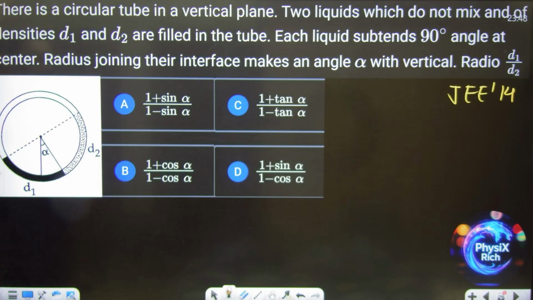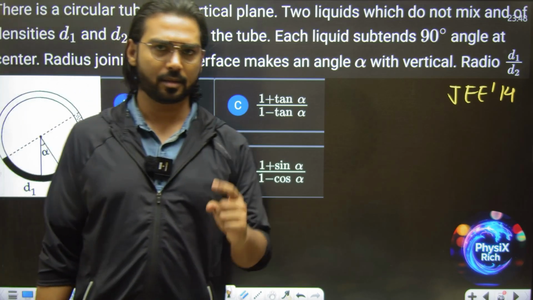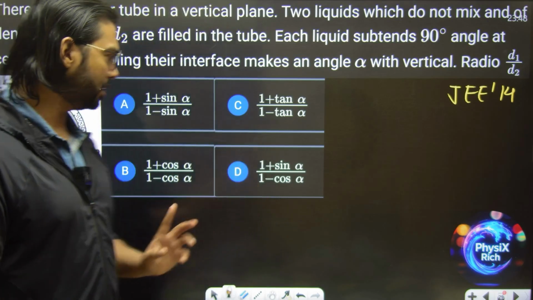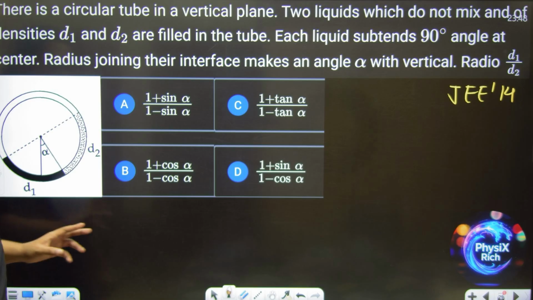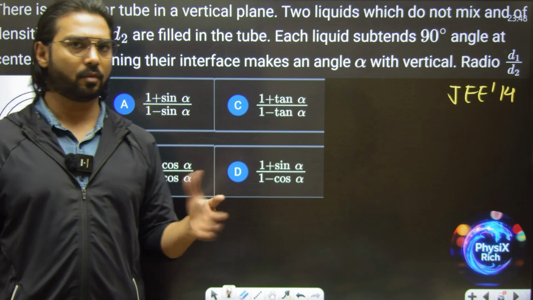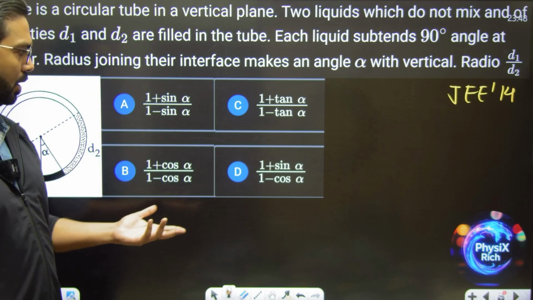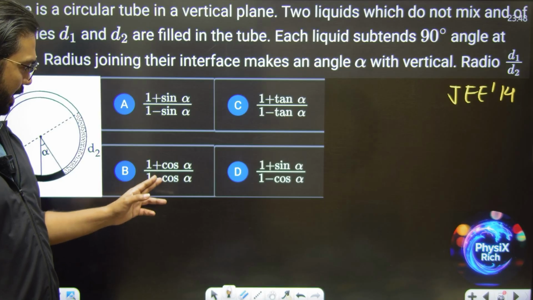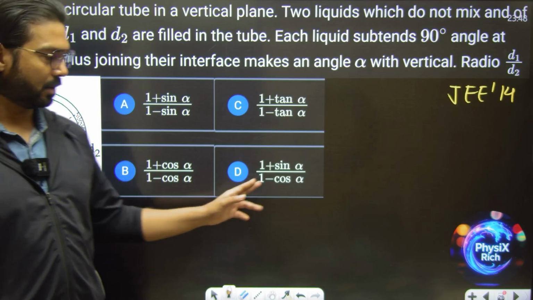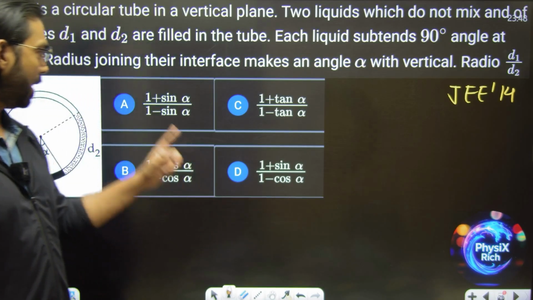So tan 45 is 1, right? Tan 45 is 1. Sin 45 is 1 by root 2. Cos 45 is 1 by root 2. This clearly does not become infinite. Also does not become